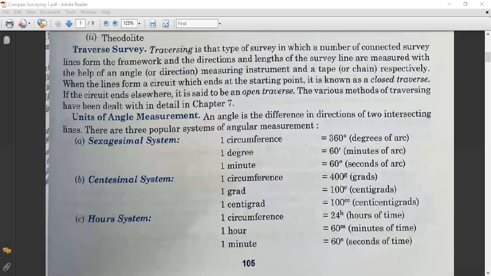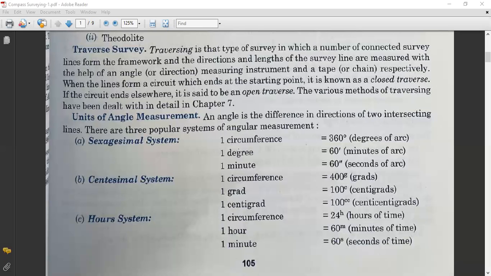One circumference is 360 degrees, 1 degree is 60 minutes, and 1 minute is 60 seconds. In the compass we will be using this system only, where we measure direction and angles in degrees,